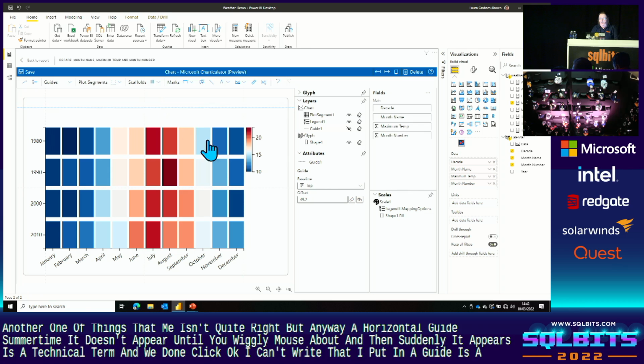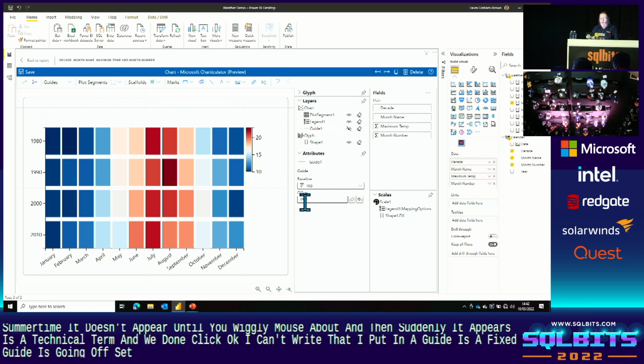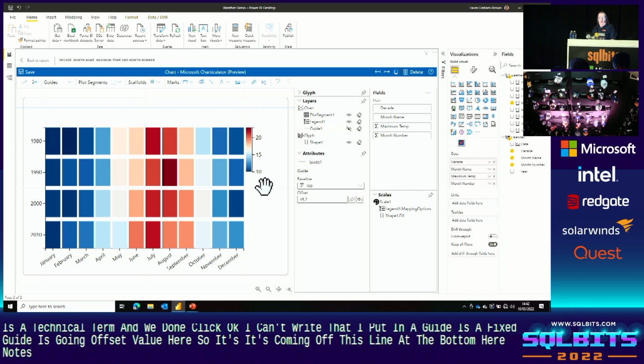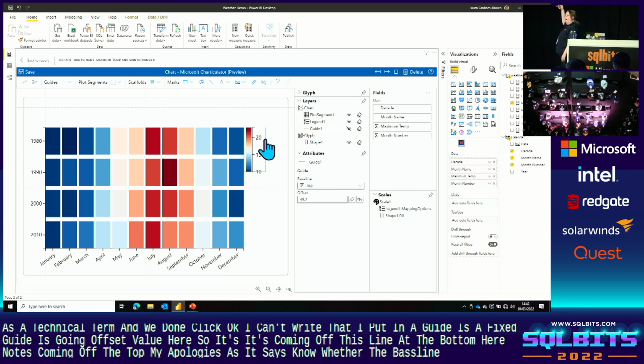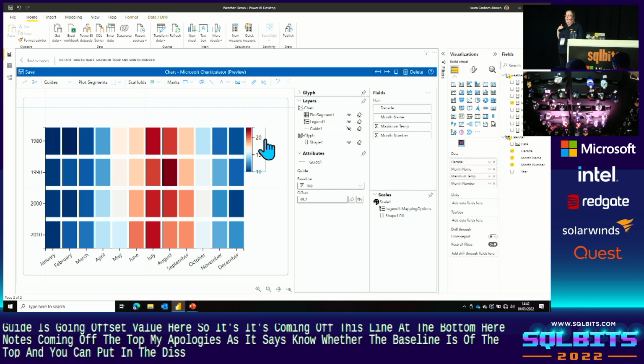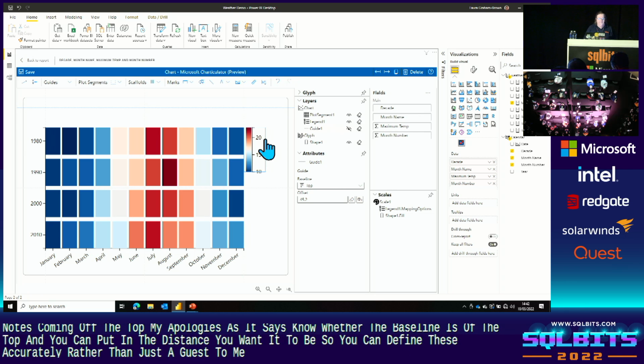It's a fixed guide. It's got an offset value here, so that it's coming off this line at the bottom here. No, it's coming off the top. My apologies. Because it says in there where the baseline is off the top, and you can put in the distance you want it to be. So you can define these accurately rather than just a guesstimate. And then I'm going to come in here